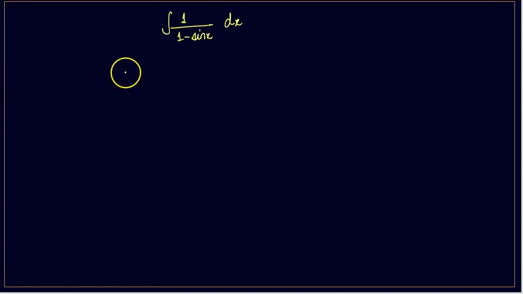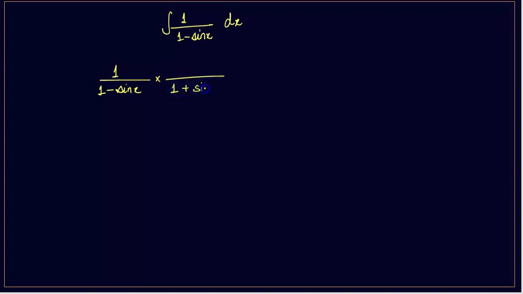Whenever you are getting such kind of question, you have to use either the concept of rationalization method or multiply this value with its conjugate. So here 1 minus sin x is given. So I will multiply it with 1 plus sin x, and you will do the same thing in the numerator. So here you will write it as 1 plus sin x, and 1 minus sin x and 1 plus sin